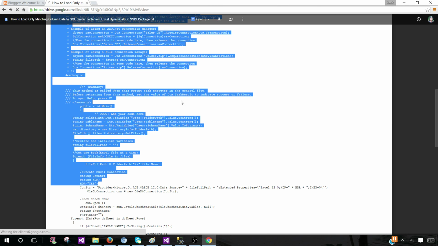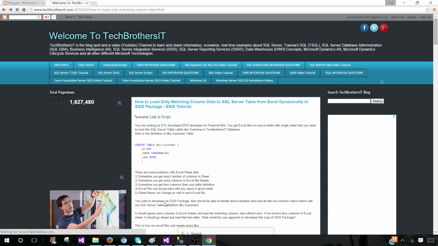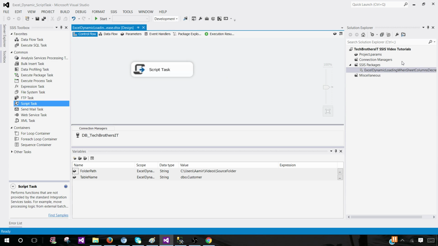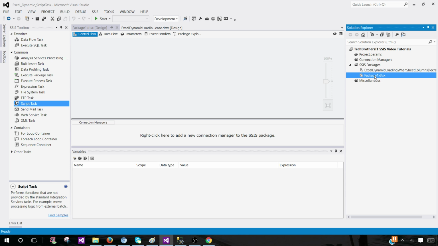So let's go back to the main page and create our package. When you are in SSDT, right click on SSIS packages, new SSIS package, and here we'll name it load Excel dynamically